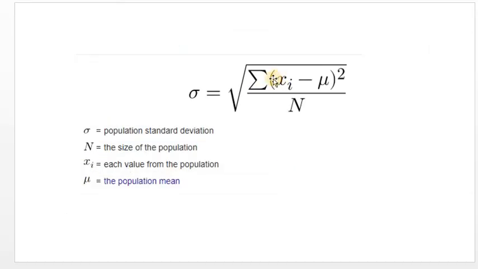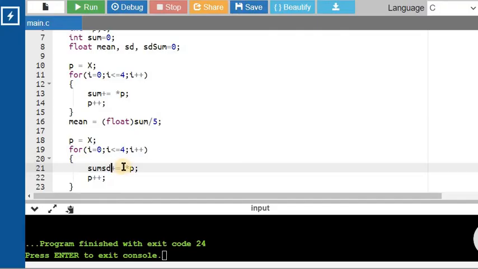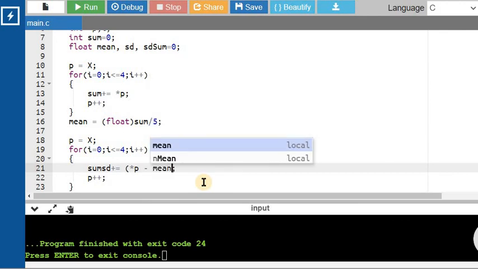Sd sum is going to be summation of (xi minus mean) whole square. Each value of x is given by the pointer p. So p minus mean, which has already been computed, whole square.